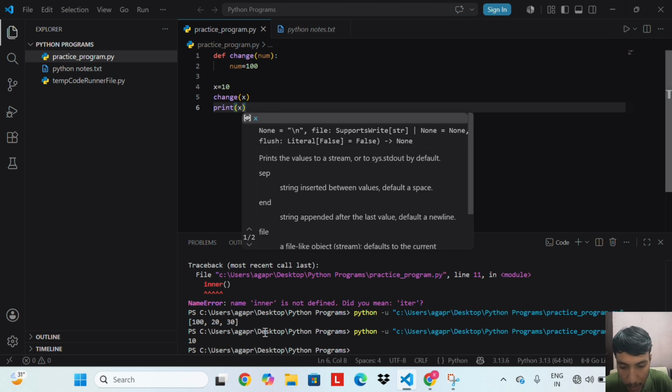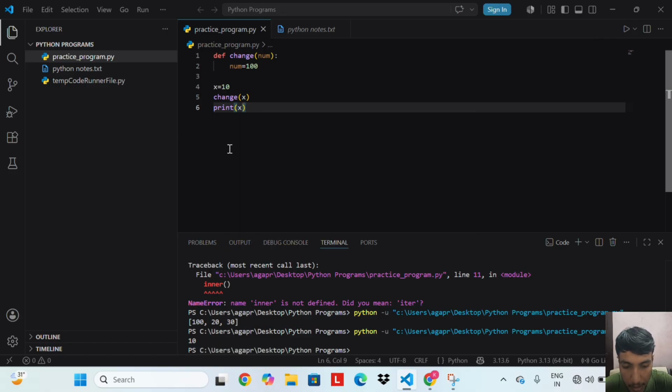Let's run this code. We get output 10. We passed x, which is 10, into the function. Inside the function, we wrote num equal to 100. But when we print x after the function call, it is still 10.